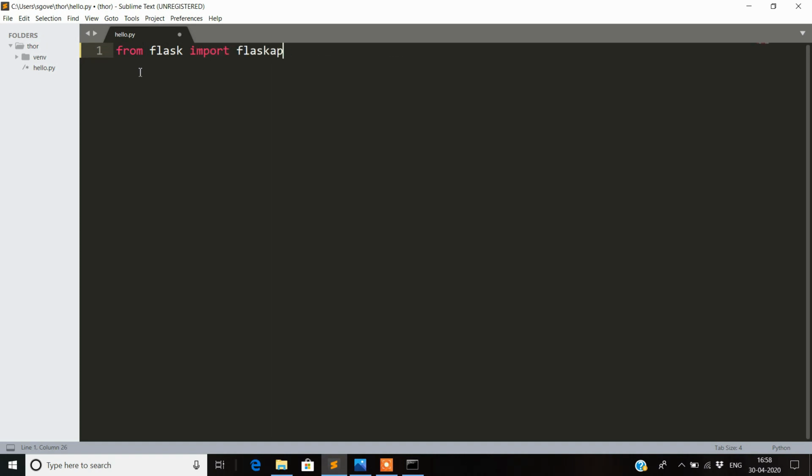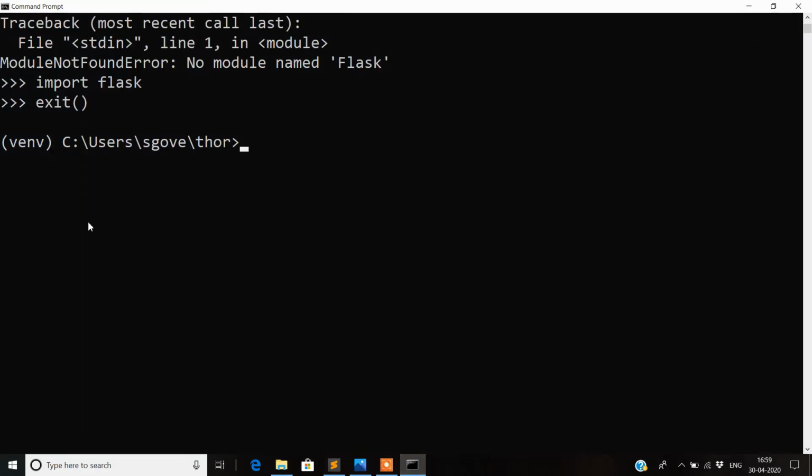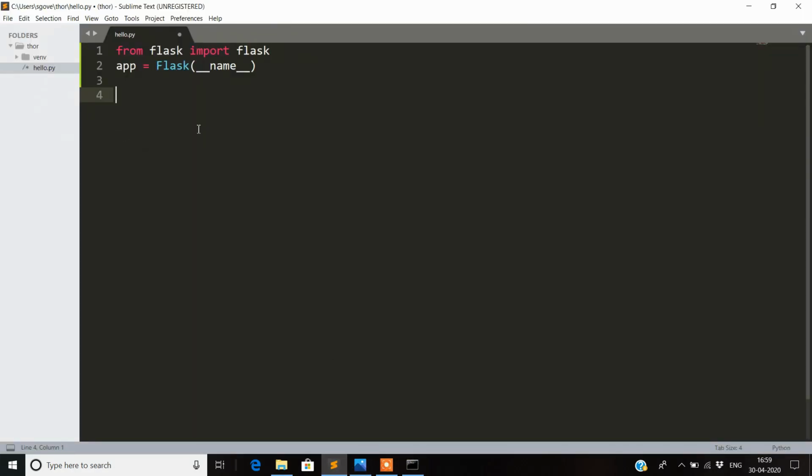Then we will instantiate this Flask in an object. For instantiating, we'll use Flask and inside this we'll give the special variable __name__. Before writing any routes to the main application in your hello.py, you need to give a main method here, and you need to turn the debug mode on, because if the debug mode is off, every time you make some changes in your application, you need to stop the server from your command prompt, and then you need to revisit and run the application again.